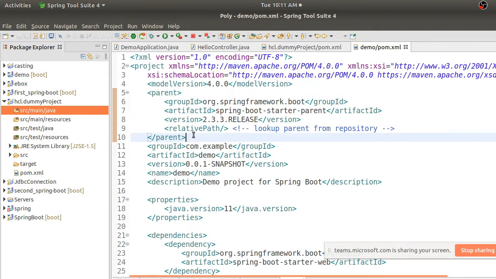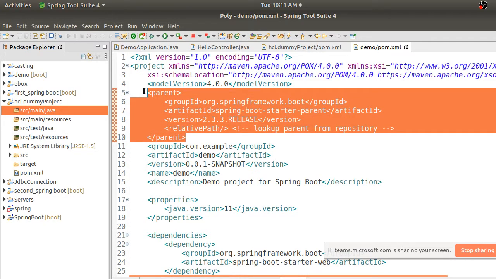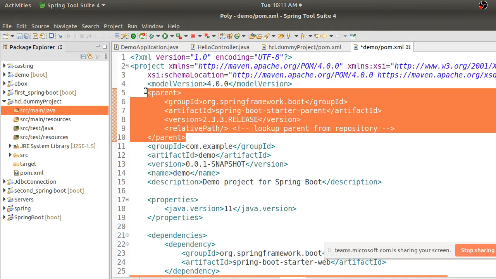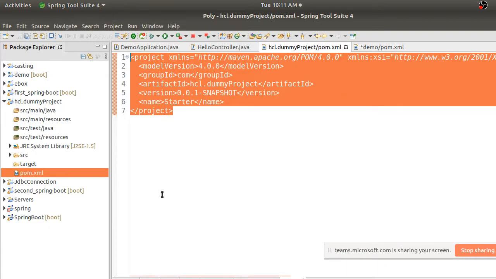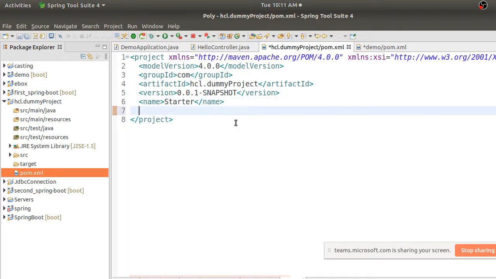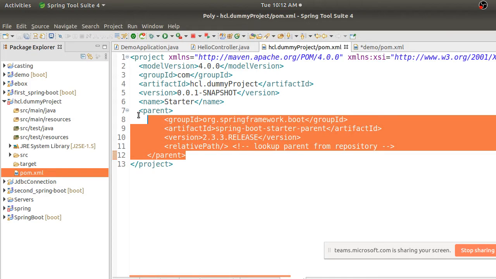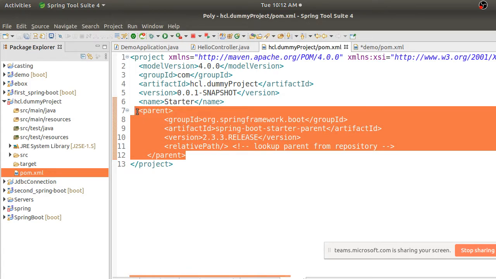So as of now, what you need in your normal Maven project to convert it to Spring Boot is this dependency, right? This is the parent tag that is required. So I just go to pom.xml and add this parent tag. Okay, so just add that parent tag. Now your project is actually a Spring Boot project, because this parent tag will have information about all the starter requirements for your application to build and to run.